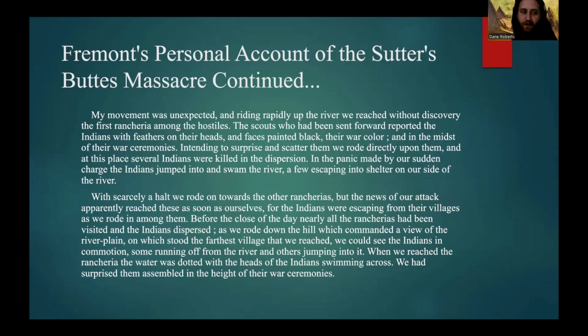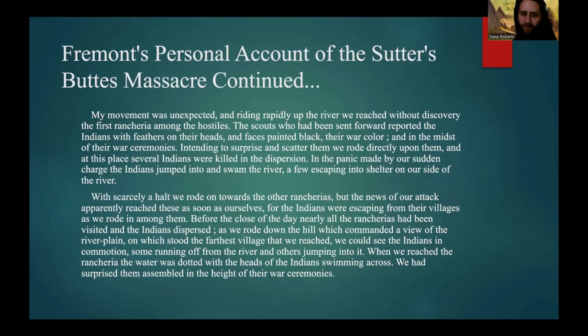In the panic made by our sudden charge, the Indians jumped into and swam the river, a few escaping into shelter on our side of the river. With scarcely a halt, we rode on towards the other rancherias, and the news of our attack apparently reached these as soon as ourselves, for the Indians were escaping from their villages. As we rode in among them, before the close of the day, nearly all the rancherias had been visited, and